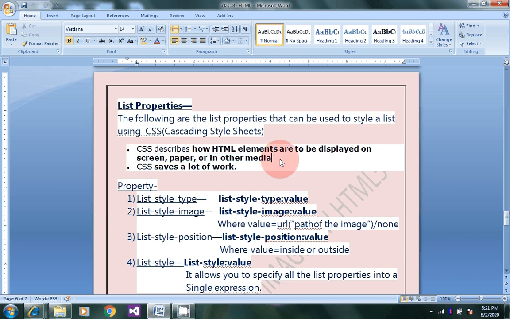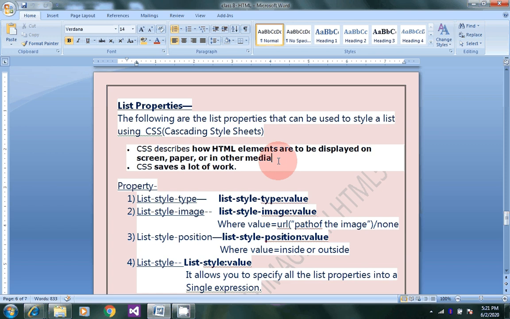It gives a look to the HTML elements and helps to save a lot of work which you have to code in the HTML.